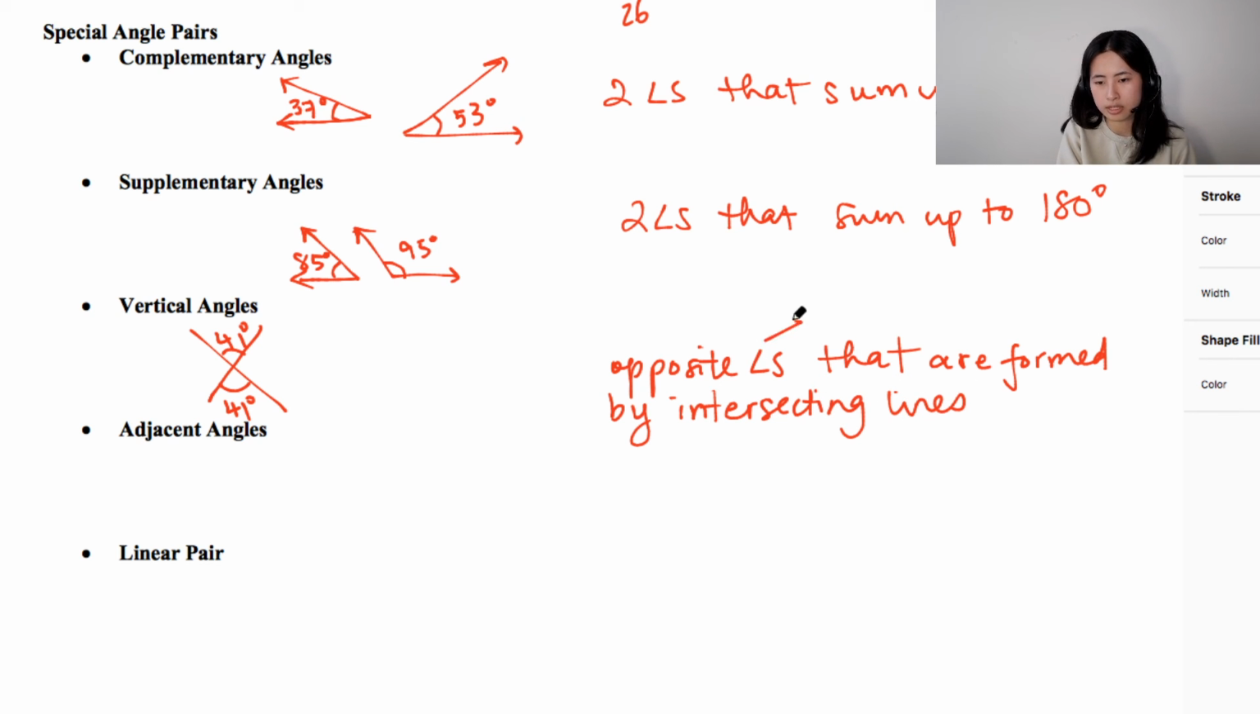And these angles need to be congruent. This is the symbol that we use whenever something is congruent. Okay, great. So for adjacent angles,